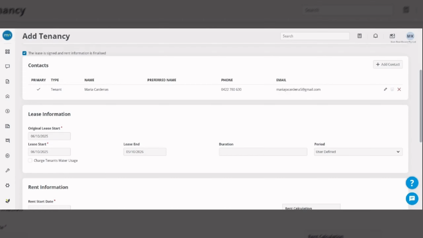So the duration is 12 months. Right. Now the rent information: the rent start date would always be the lease start date.